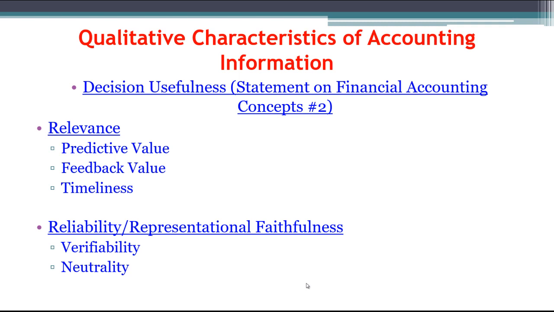Again, timeliness, such a key thing there. Information can be the best information in the world. It could be used to predict things in the future. But if you don't get it until well after the fact, it's too late to predict something because it's already happened. And your window of opportunity for your investment or your decision is passed. So timeliness is very important.